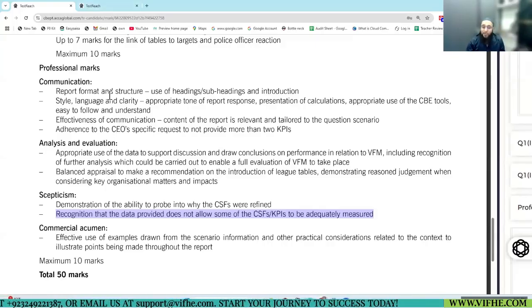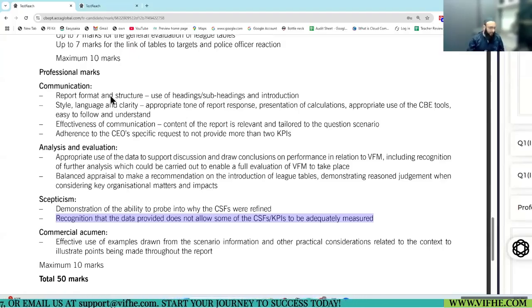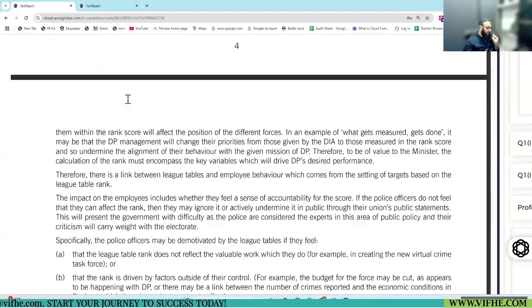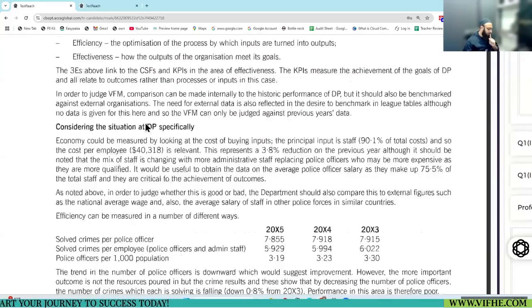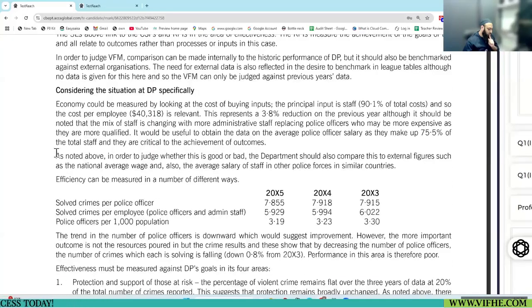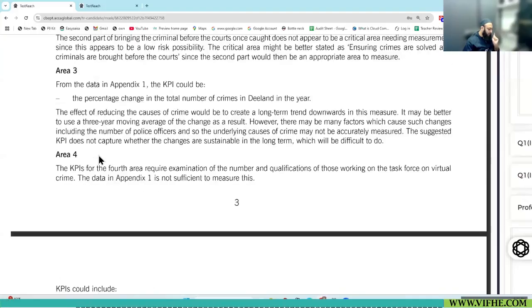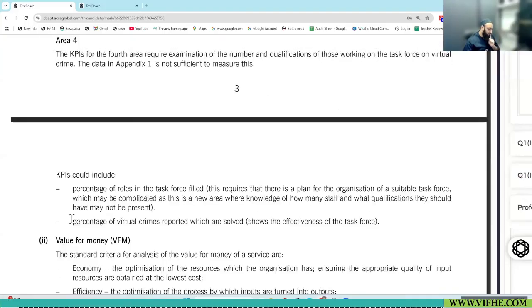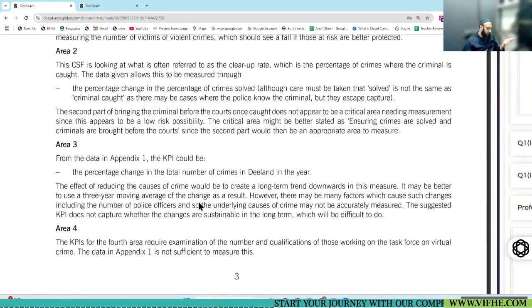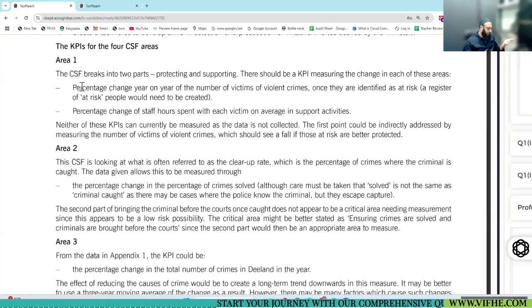Now, did the official answer do this? Yes, let me show you. Listen, in the official answer, they did mention the first part: percentage of crimes reported you cannot work out, plus percentage of change on year you cannot work out, KPI currently measured, data is not collected.